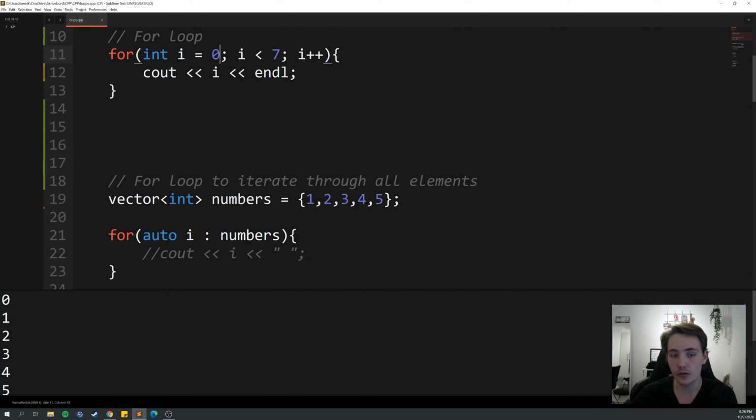So I'll just comment the first one out up here, and then see what we get if we run through the for loop and print out all the numbers inside of our vector. We can see that indeed we get 1, 2, 3, 4, 5 in our vector, which gets output down here with the short notation of the for loop, where we're just iterating through all the elements in our vector. We can also have nested for loops in C++, where we have